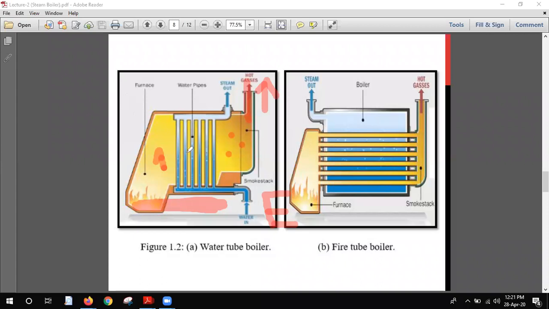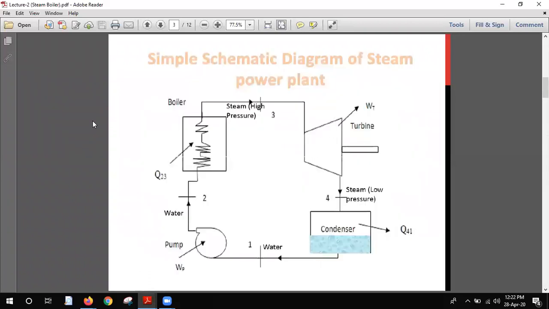But we generated this heat by burning fuel. So basically we are giving the fuel, but we are not getting 100% of the heat inside the system, because we are leaving that hot gas, that heat energy, to the environment through the chimney. So we always try to capture that heat inside our system. For that reason, the economizer is established.